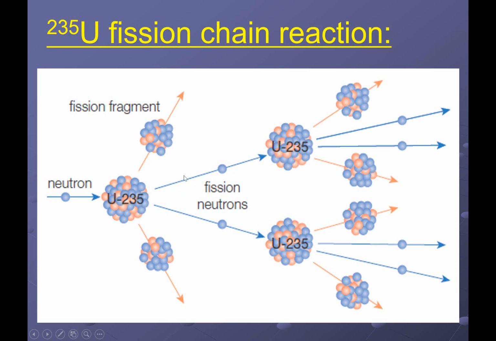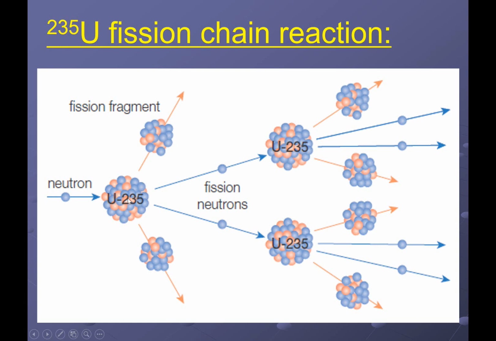getting released, usually we try to control it so that only 1 neutron is released per fission reaction. So I have the same number in and same number out. That way I don't let it spiral out of control. But I want to make sure that this leaving neutron has a good chance, as it travels through my sample, to interact with another uranium-235 to trigger yet another reaction. So I don't want it to chain reaction out of control leading to meltdown, but I do want to design my apparatus in such a way, with enough uranium-235, that there is a good chance